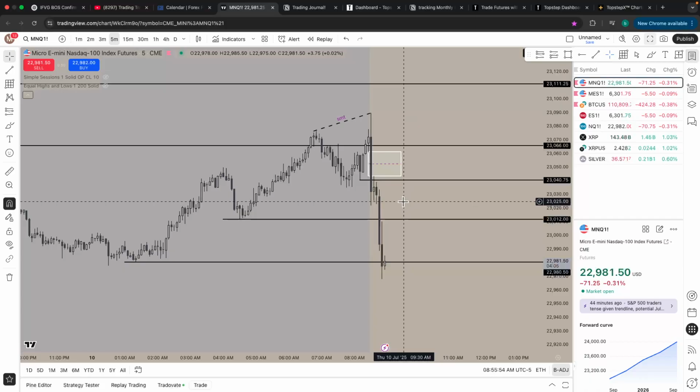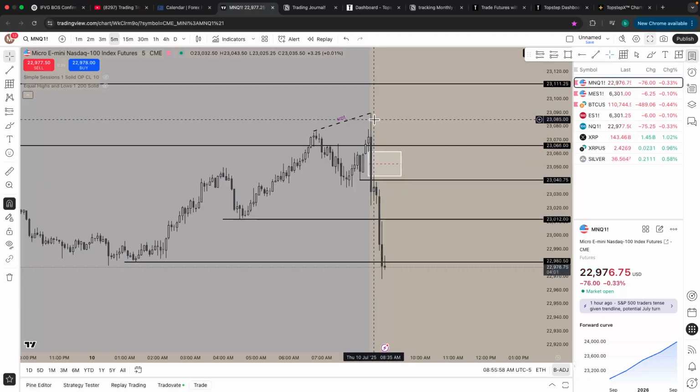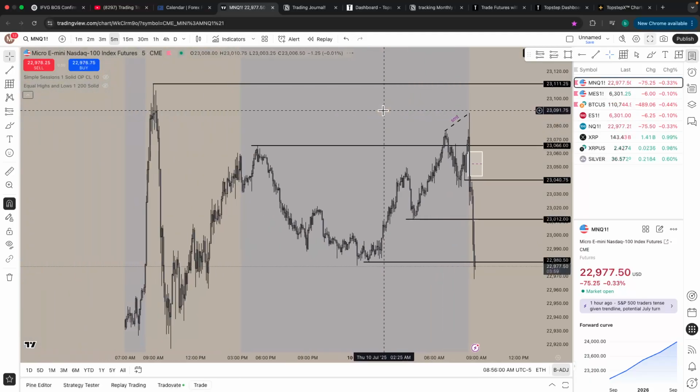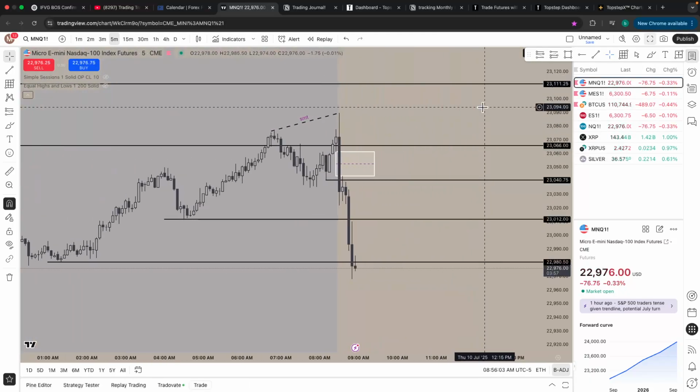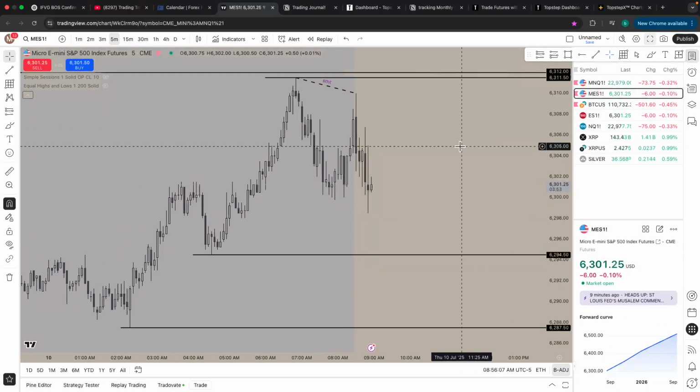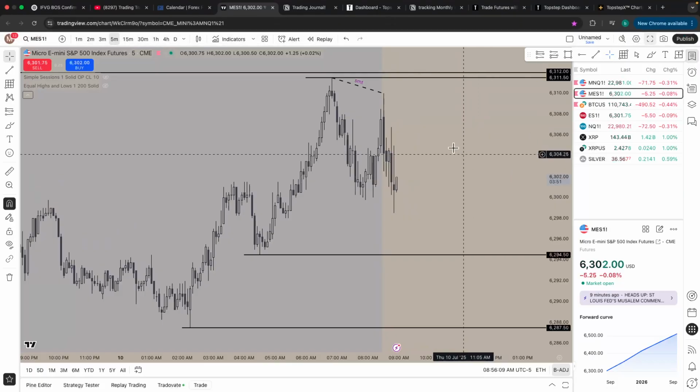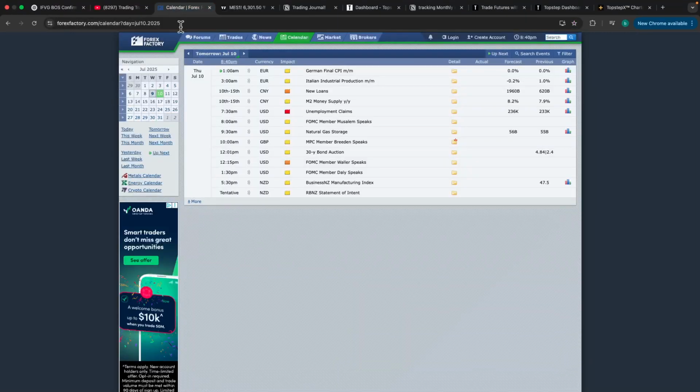We have a gap right here that we could come back to in between here, a high up here, a high up here. And we also have the high all the way up here, but market could just continue down the rest of the day. Ideally I think it's going to want to manipulate a little bit more. We're still really early into the morning. We could get some consolidation because we don't have any news. We have natural gas storage yellow folders at 9:30, but yellow folders are nothing.